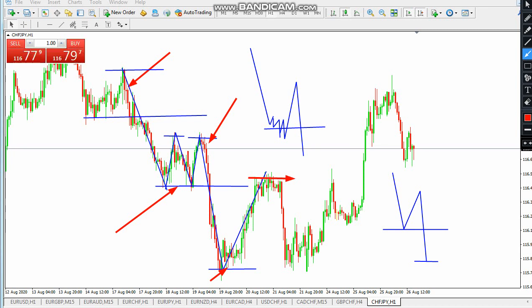Then the sellers try again from this area. Now you can see that the sellers try again, aggressive again. But what do you know, despite this aggressiveness, we can see that the sellers were unable to make a new low, just like it did here the first time. Come down, no low, it pulls back, no higher high too, it didn't go higher to challenge this previous buy. Then it comes crashing the second time.